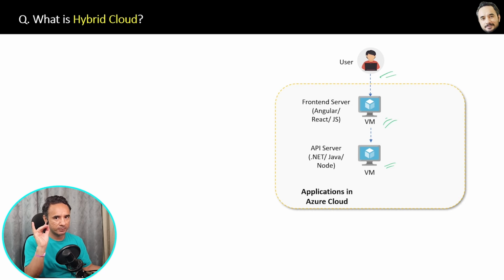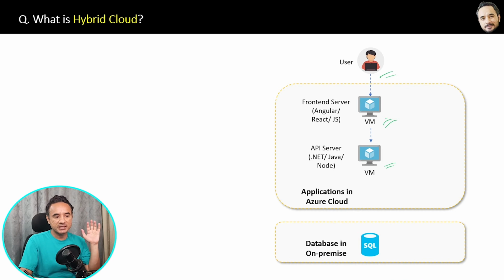Okay, but your company has one problem. You migrated the application, but you can't migrate the database server. So this database server, SQL, is still present on your on-premise, in your company server. You have some database server present physically in your company. And the reason for not being able to migrate your database can be anything. For example, you cannot trust Azure for handling your critical data, or maybe your data is very huge and it's very complex to migrate.